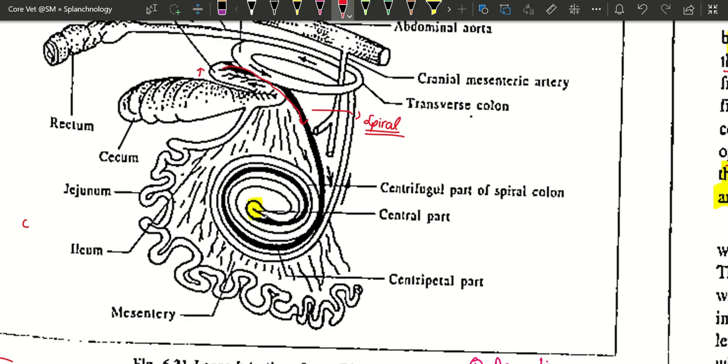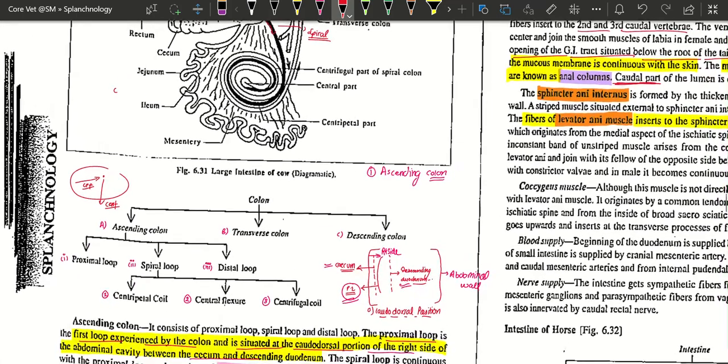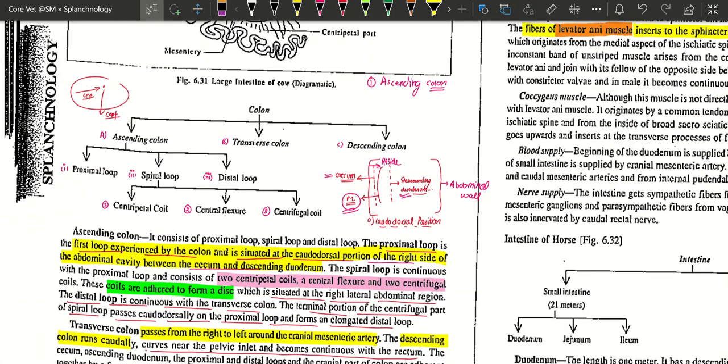Now from the center, a loop will be going away from the center and moving dorsally. Again, a loop is moving outwards, means centrifugal, away from the center. So this loop is known as what? Centrifugal loop. This part is also clear. Three regions of the spiral are clear: there are two centripetal coils, one central flexure and